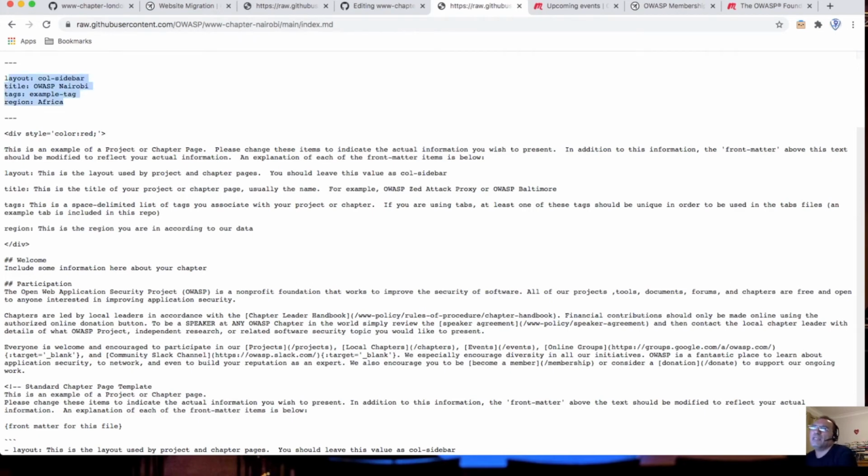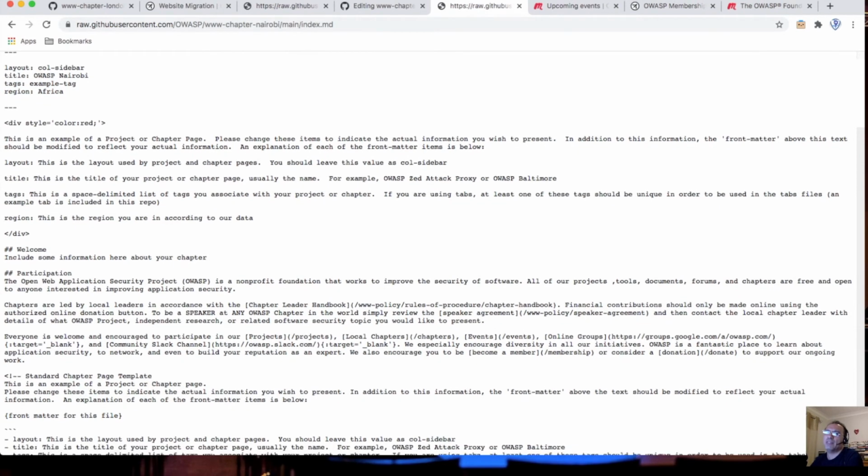As we can see here in the metadata, in the front matter, we see just the minimum set of parameters, which is called sidebar, the name of the chapter, the example tag, and the region is set here to Africa. Now, if you look at the rest of the page, you will see that this is the example template.